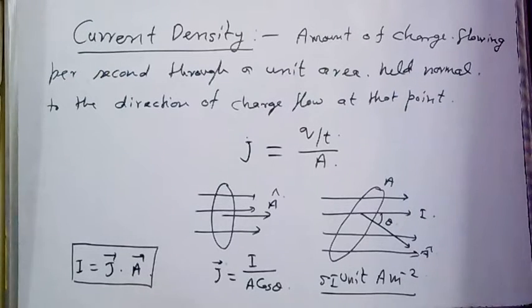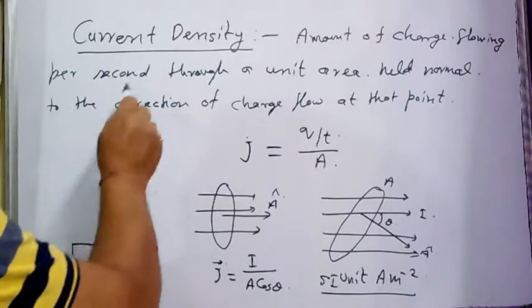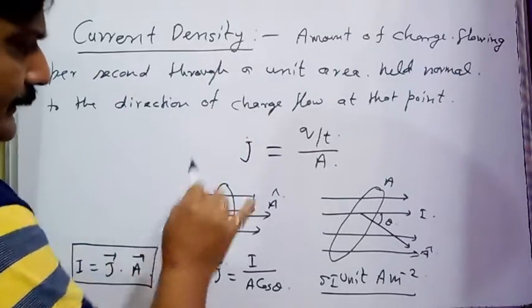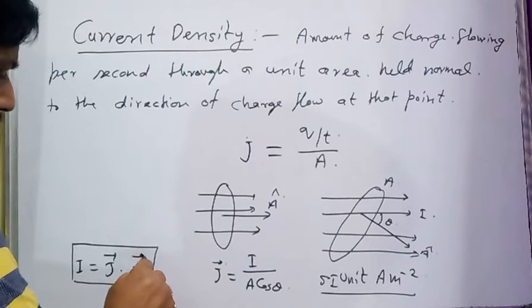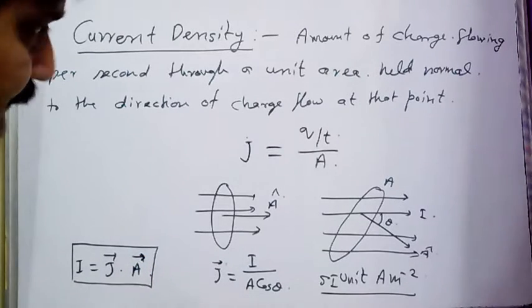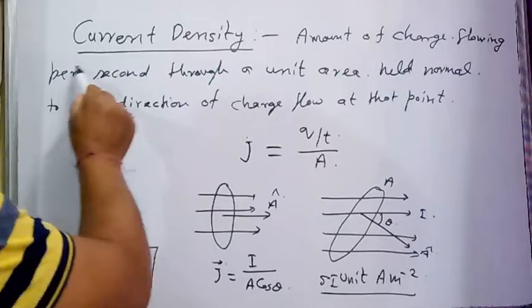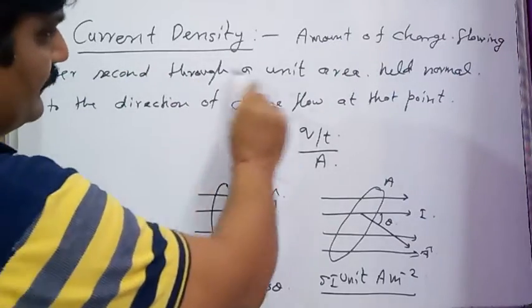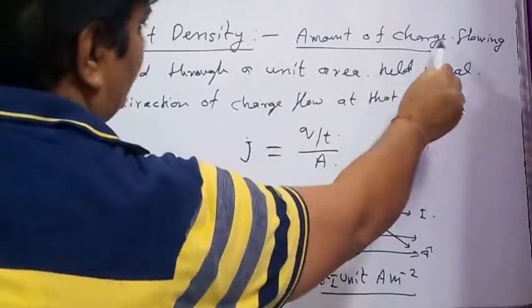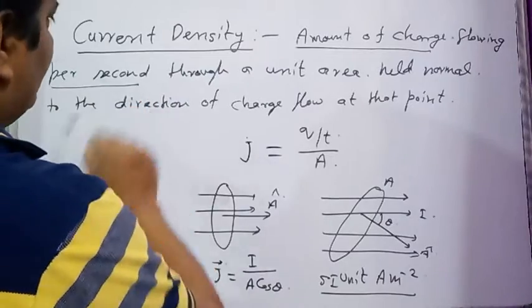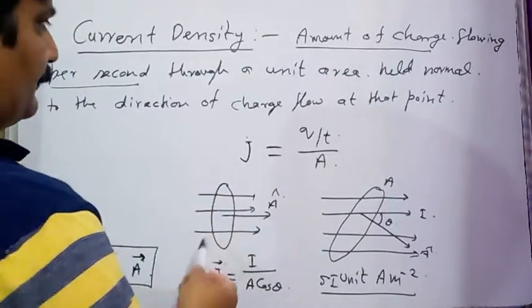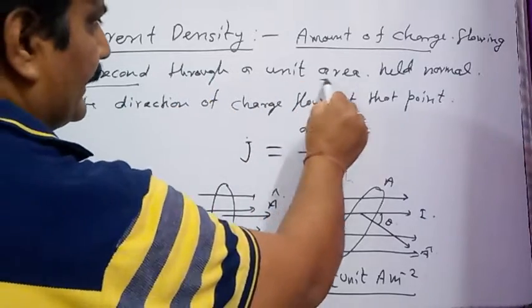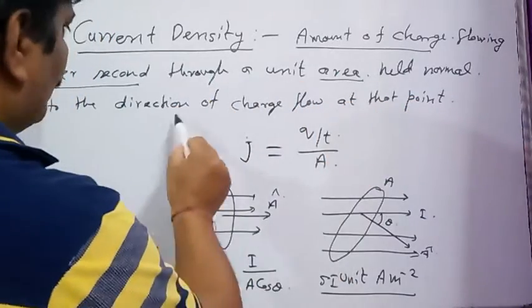Current electricity. This is the second video of the chapter current electricity. In this video we are going to see what is current density. In the previous video I have explained what is electric current. So current density is defined as the amount of charge flowing per second, which means electric current, through a unit area held normal to the direction of